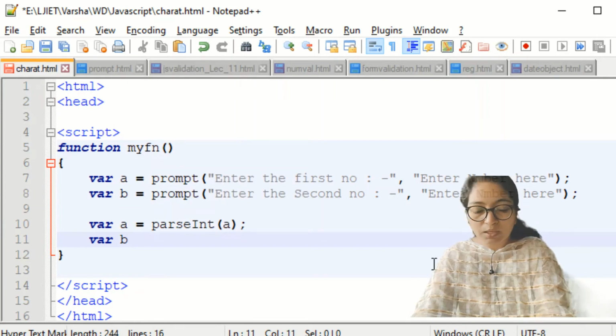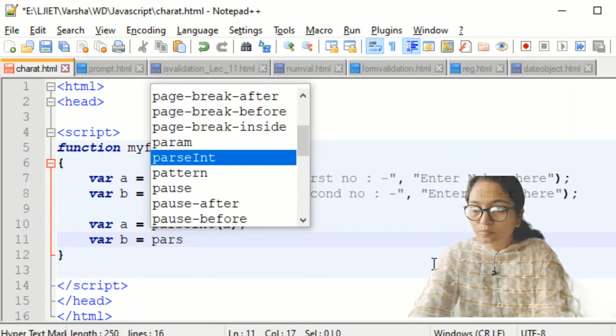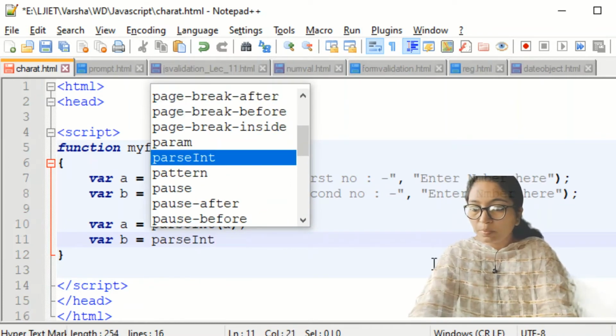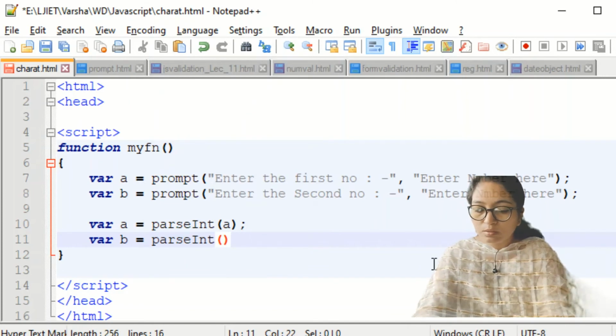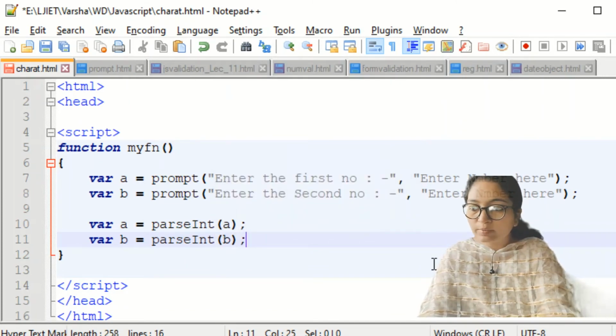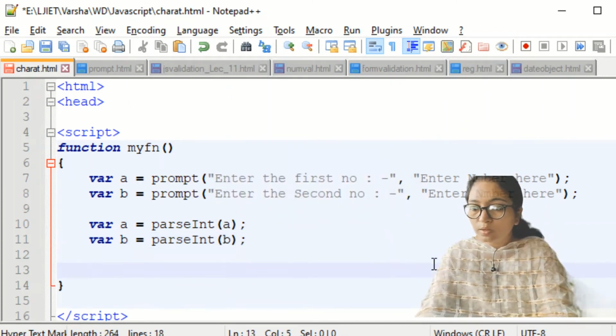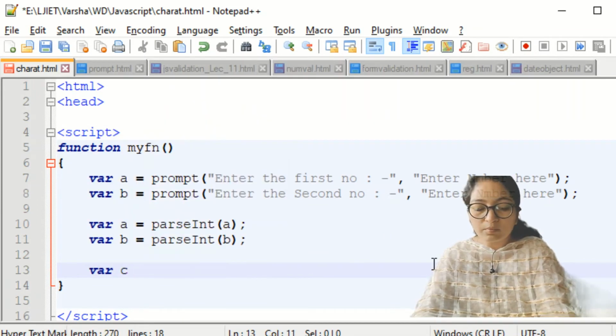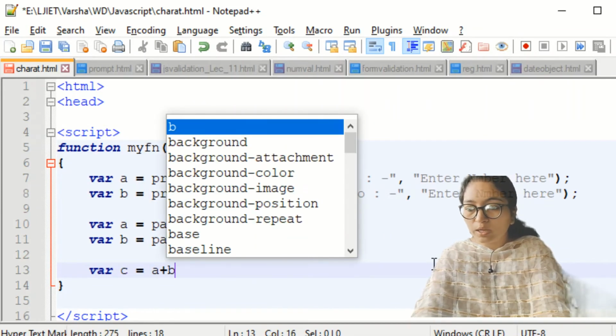Variable b is equal to parseInt b. So it will just convert this value. Now use another variable c is equal to a plus b.